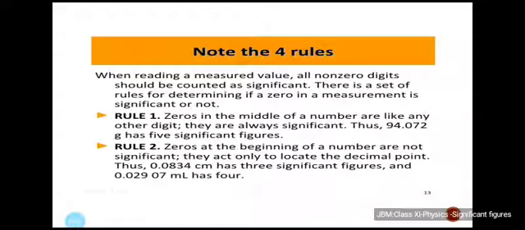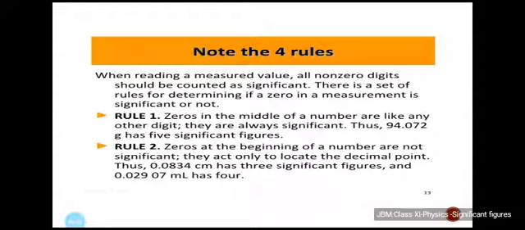So significant figures in the measured value of a physical quantity tell the number of digits in which we have confidence. The larger the number of significant figures obtained in a measurement, the greater is the accuracy of the measurement. Conventionally, the number of digits which are known accurately plus the last one digit whose value is known only approximately form the significant figures. Significant figures often represent the accuracy with which a physical quantity is measured. Therefore, the number of significant figures in a physical quantity depends upon the least count of the instrument used for its measurement, as I was telling you earlier.